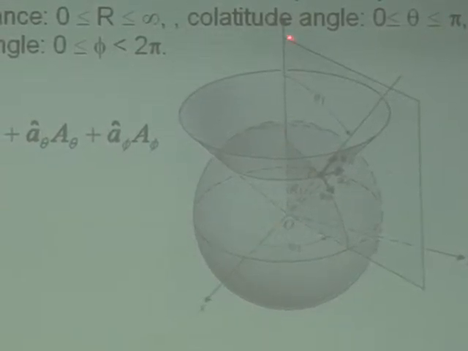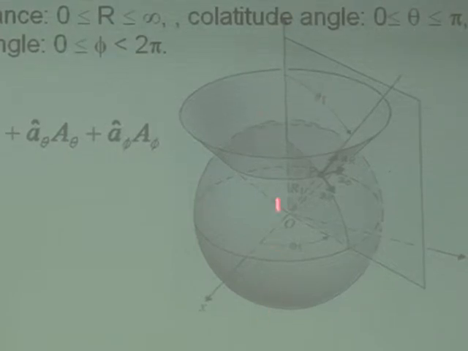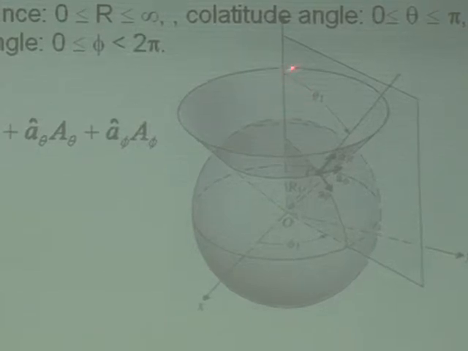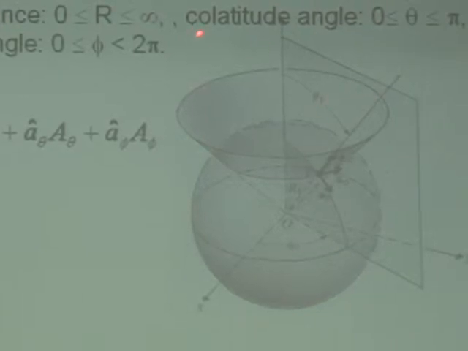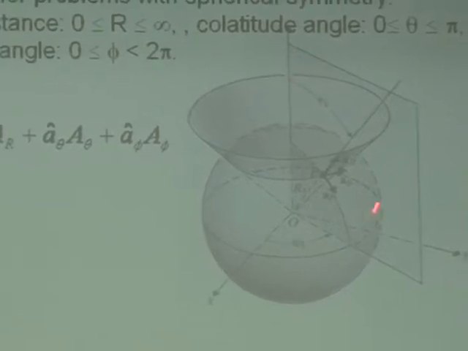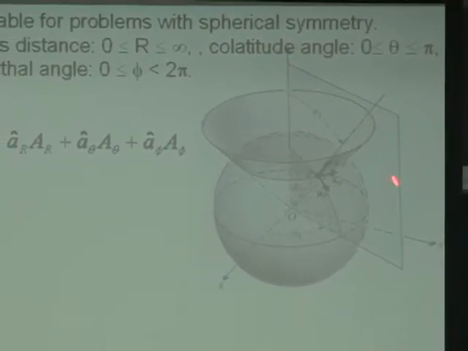And then theta is the angle between the polar axis all the way down to this line. Okay, and this is called the collateral angle theta. The maximum collateral angle is pi. 就从这里到最底下来的话就是 pi，不是2派。